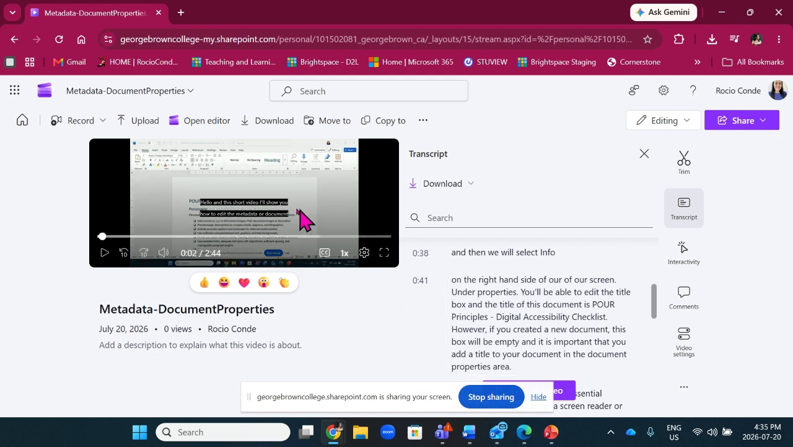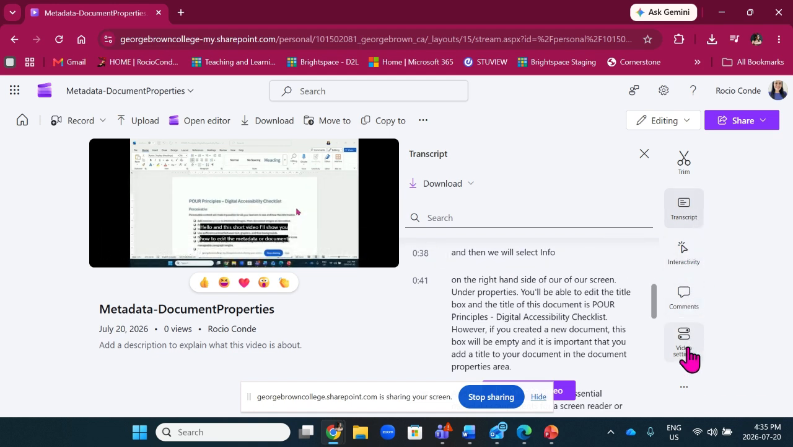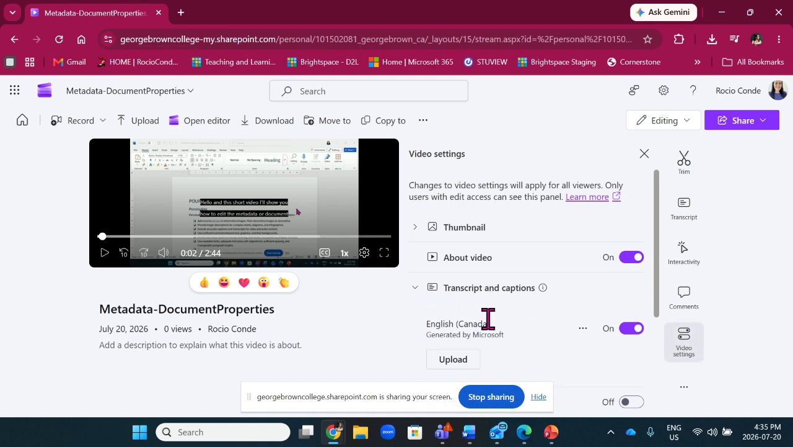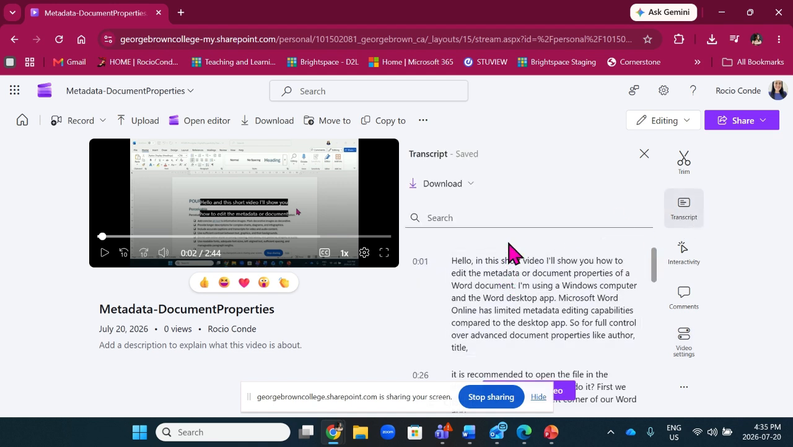So I uploaded the video, but you can also record it directly through Clipchamp. And then you'll see an option to generate your transcript or your captions here. Now that I already generated the option, now I have the option to upload. And once the captions have been generated or a file has been uploaded, then you'll see another tab on the right hand side for transcript, which you can review, and you can also